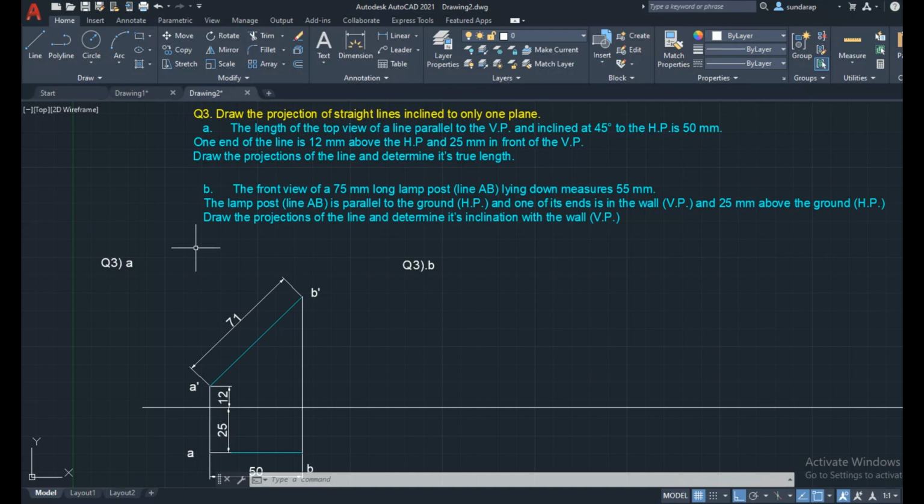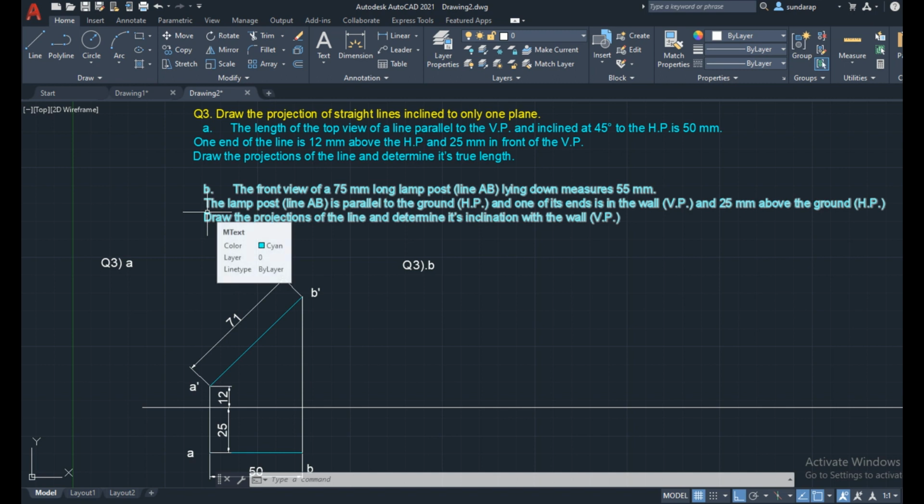Now the next problem. The front view of a 75 mm long lamp post, as a line AB lying down, measures 55 mm. The lamp post is parallel to the ground, and one of its ends is in the wall and 25 mm above the ground.